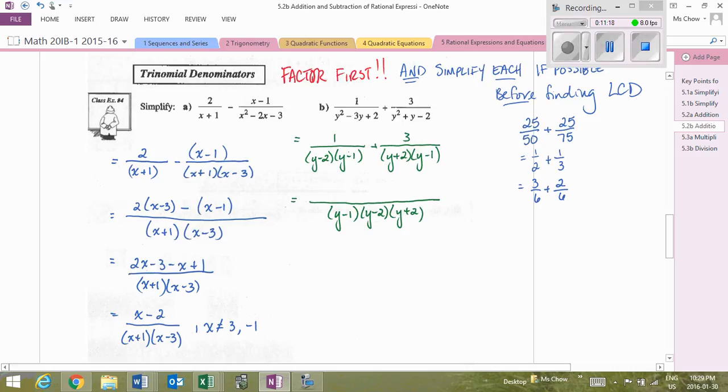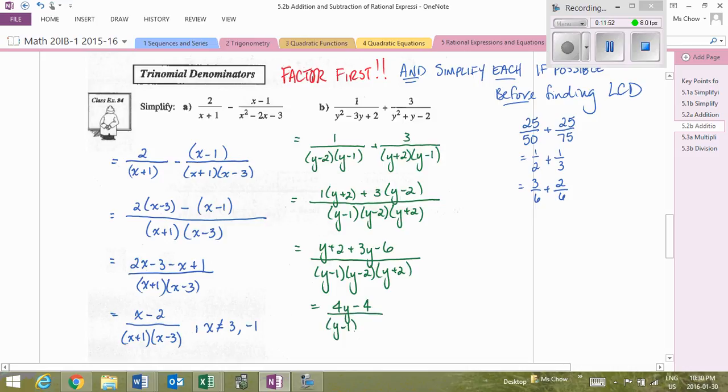So on the left, I need to multiply top and bottom by y plus 2. So we've got 1 times y plus 2. And on the right, I need to multiply by y minus 2. So 3 times y minus 2. So then we've got y plus 2 plus 3y minus 6 all over y minus 1 times y minus 2 times y plus 2, cleaning up the numerator, 4y minus 4 over y minus 1 times y minus 2 times y plus 2,